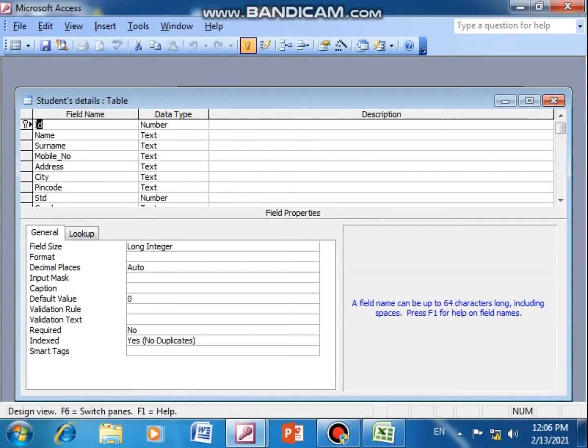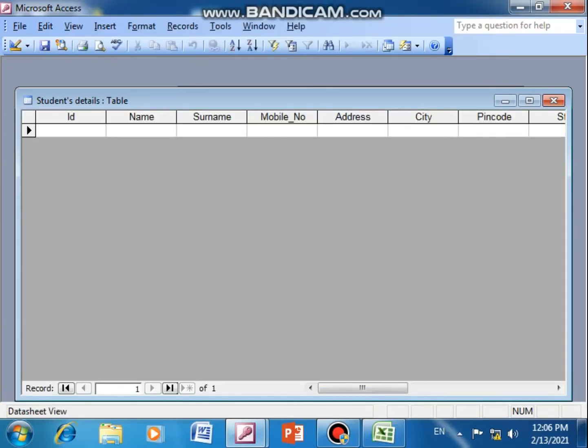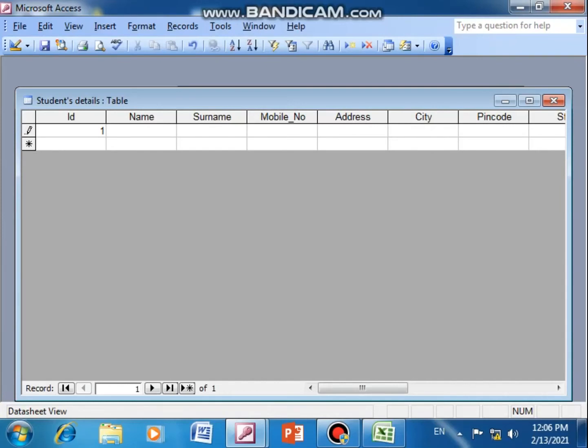Now in field properties, a default value is given against number. In Access, whenever you choose number as a data type, it gives you a default value. Default means by default it will come, you don't have to enter anything. So here you can remove the default value. Here also there is number, so I remove the default value. Fine. Now I save the table and I go to this view. Now I enter the record. For example, 1.